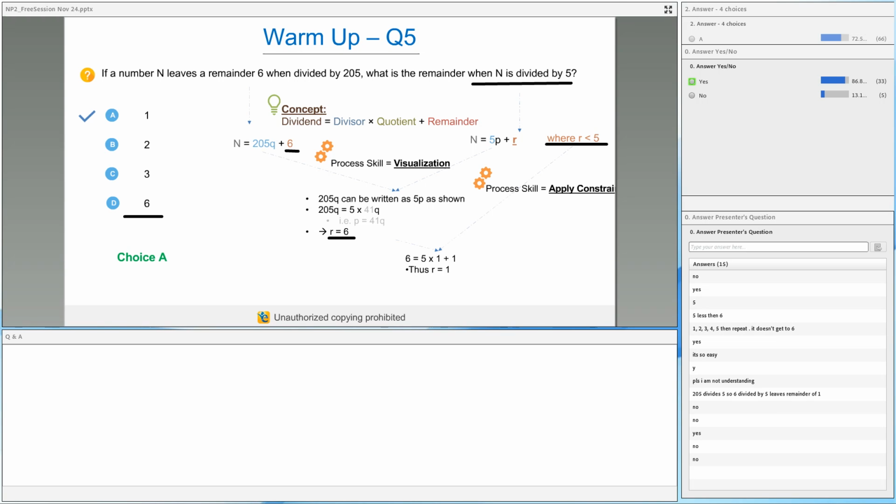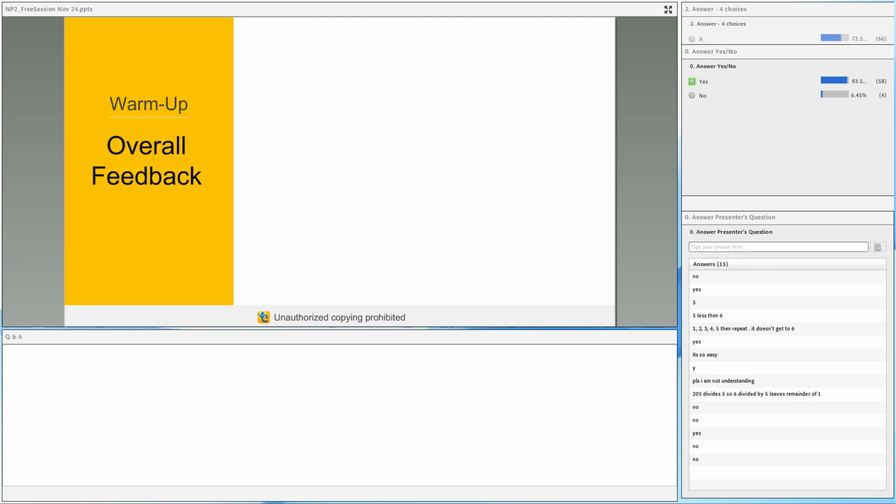So these are small takeaways that you need to keep in mind. Whenever I'm solving a question related to remainders and quotient, I need to use this concept: dividend is equal to divisor into quotient plus remainder. That is point 1. Whenever I'm trying to find out the remainder, I need to apply the constraint and keep in mind that the remainder will always be less than the divisor. If I'm not getting that, I need to divide it again, or I'm making some mistakes, so I need to look at the solution that I've written down. So these are two takeaways that you need to keep in mind.